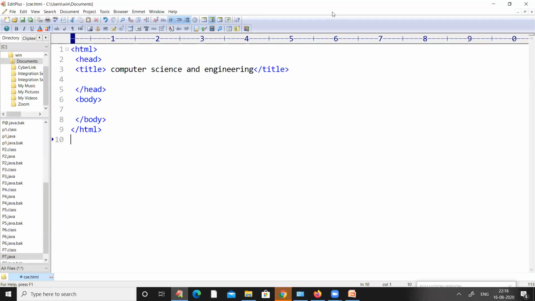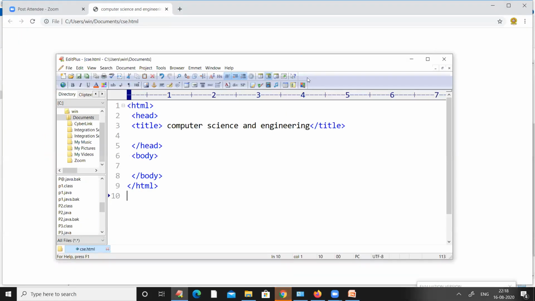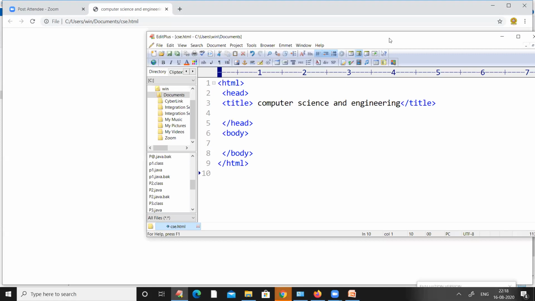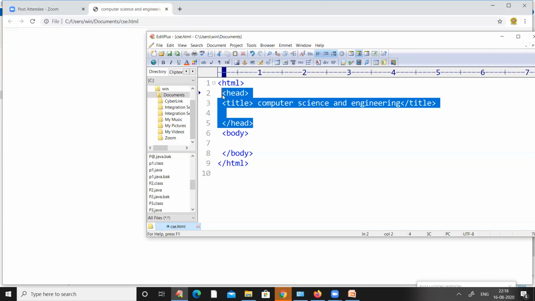You can see the program. I will open the program and put the output side by side. Okay, see, we are dealing with HTML. That is why we have used the HTML tag. In order to give some information regarding the web page, we can use this head tag.